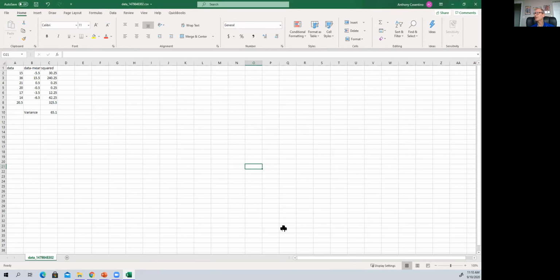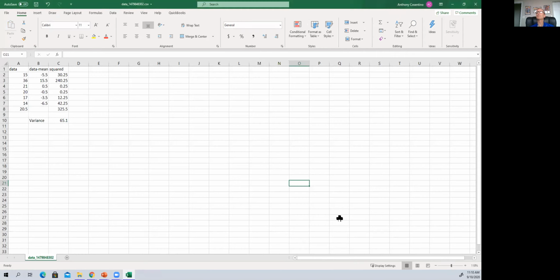Let me make this a little bit bigger. This is calculating the variance, which you've already done. Once the variance is calculated, the standard deviation is just the square root of the variance. So how do you do that